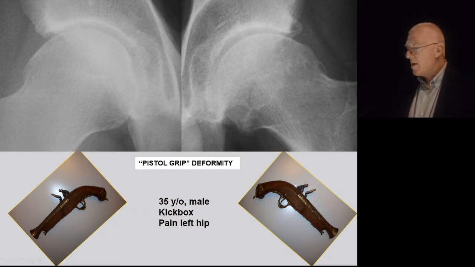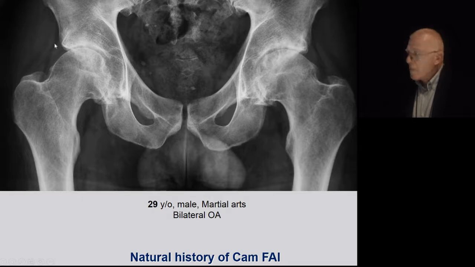We see this guy, a 35-year-old kickboxer, an elite athlete. We see joint space narrowing here, and early osteoarthritis also on the right side. This is the natural history of CAM femoroacetabular impingement. If there is no prompt diagnosis and proper treatment, then we may have early osteoarthritis, as you see in this